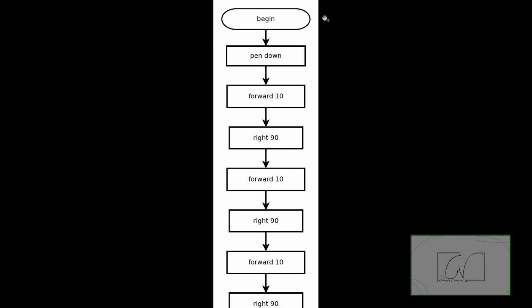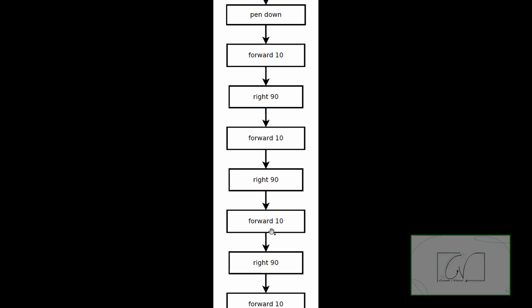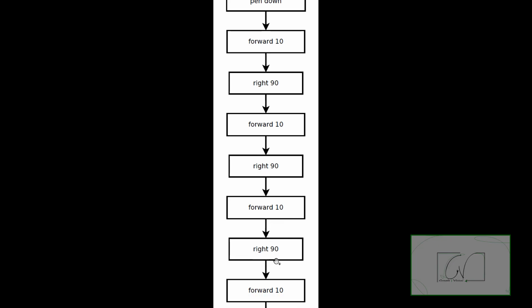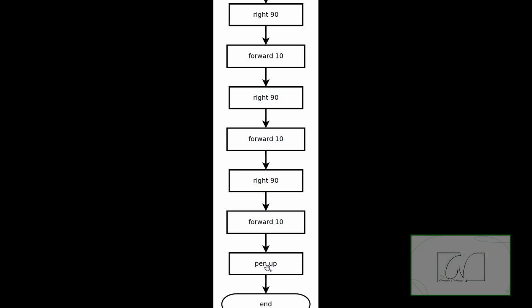So you begin by putting your pen down, your marker down, whatever it can be, your counter down. You move forward 10 steps, you make a right angle degree turn. You move forward 10 steps, you make another right angle degree turn. You move forward 10 steps, and then you make another right angle degree turn. You move forward 10 steps, and then that's the end of your, no, I'm not drawing a triangle, I'm drawing